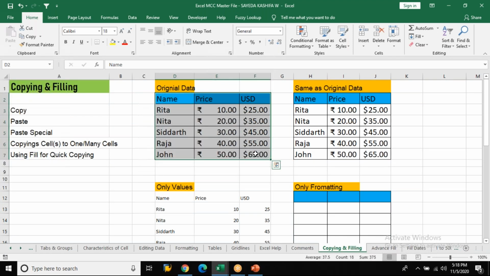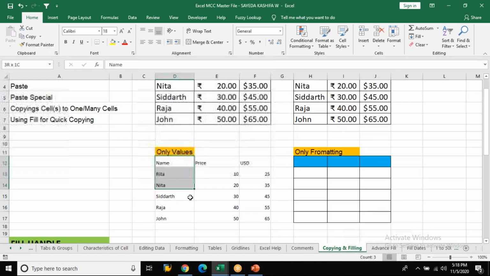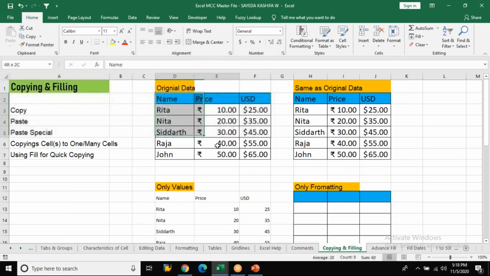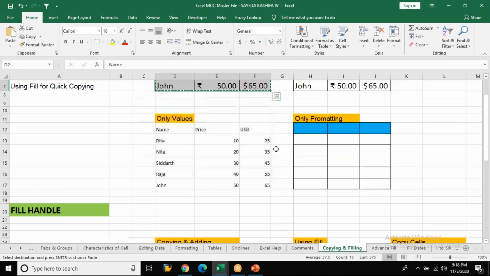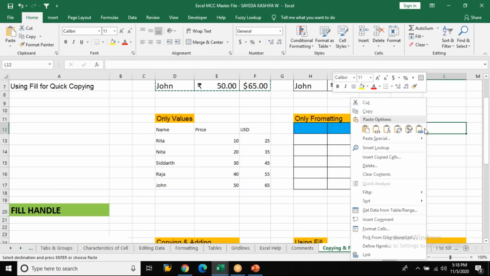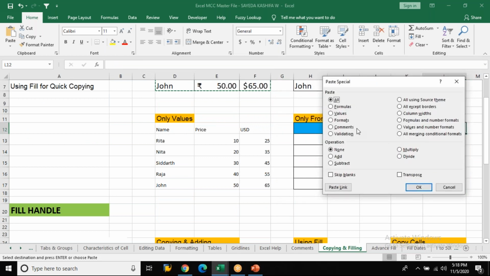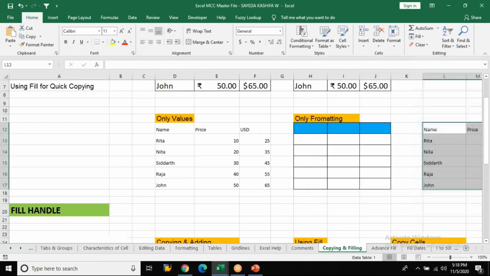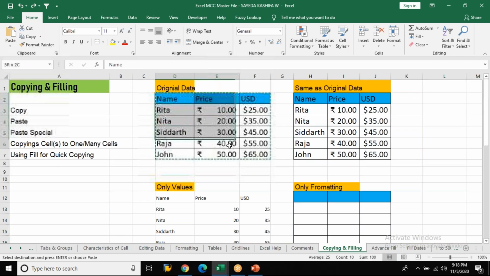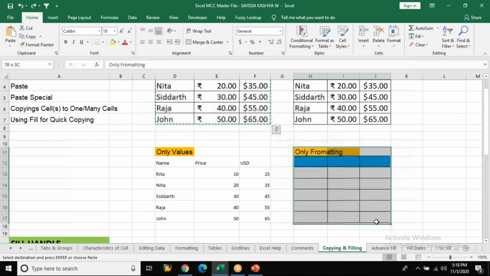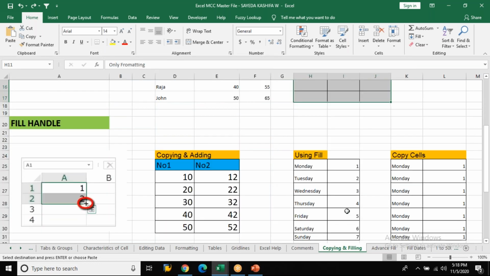How do you copy and paste? Control C, Control V. But here you don't want formatting. You want only the internal data. Then you have paste special. I think you're aware of it. If I copy this and put it here, right click, paste special, and I just need the values. So they might ask you the steps. If I want to just copy and paste the values, how will I do it? If I want to copy and paste only the formatting, how will I do it? You should be aware of it.